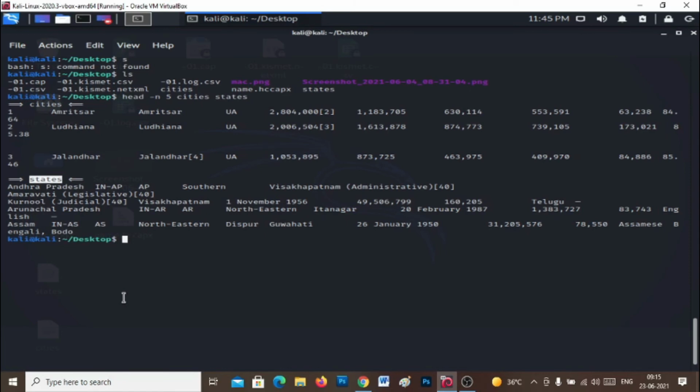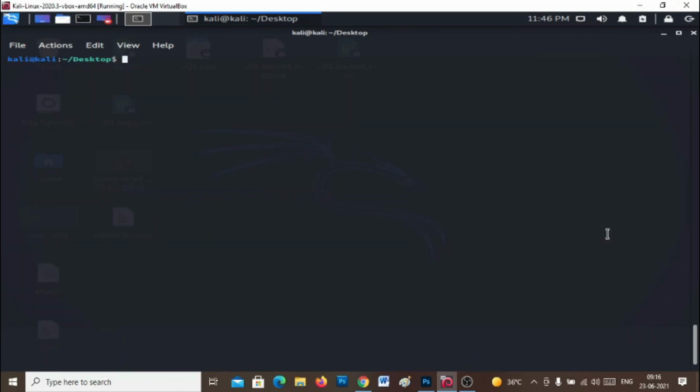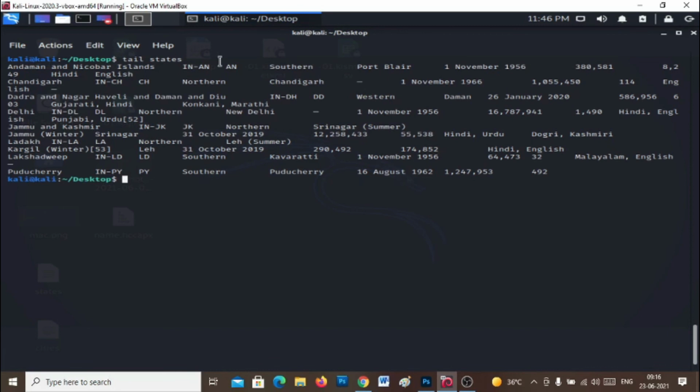Go forward and check the tail command. By default, the tail command will work with the last 10 lines. Clear the screen, then run the command again. Tail states.